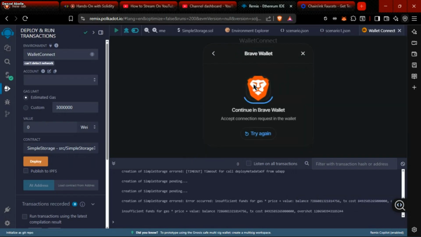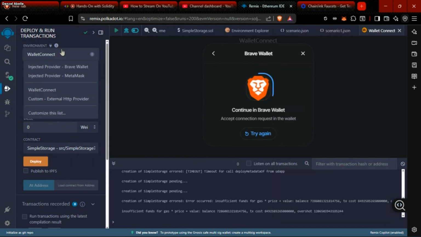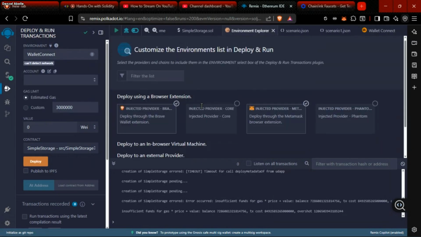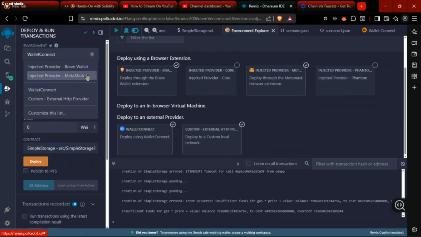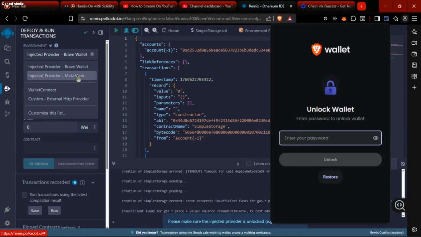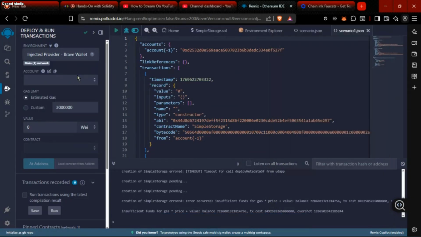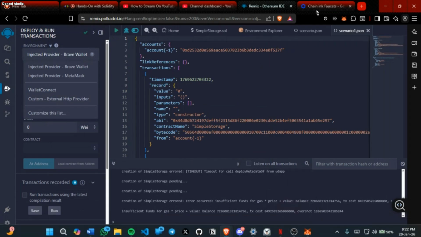But Brave. Okay, so yeah, I remember the last time Meta Remix was giving out accounts. You could just choose from an account. Accounts that were here. I don't know why they removed them. You could just, this sucks. Anyway,